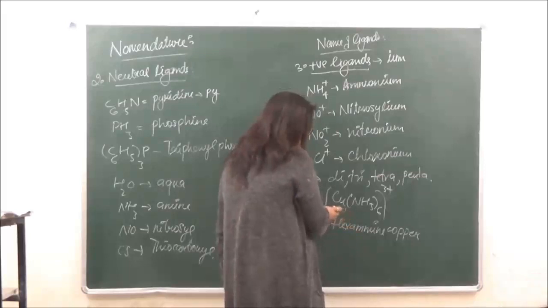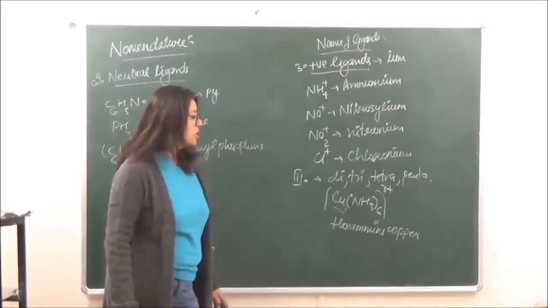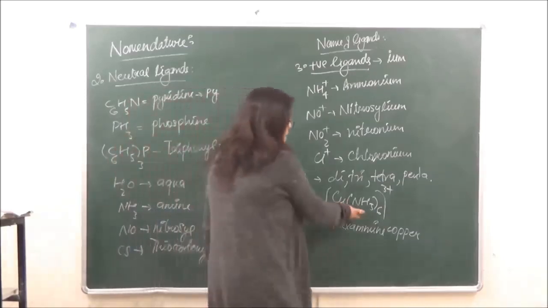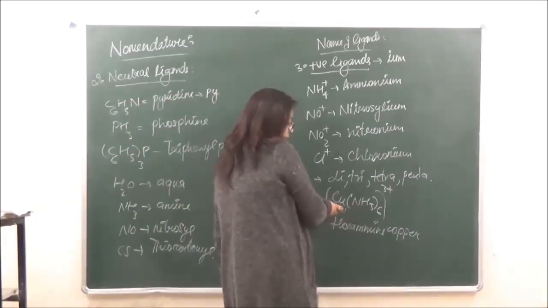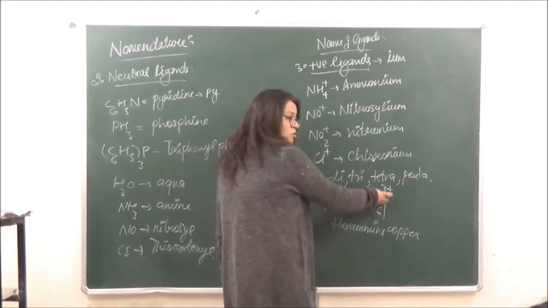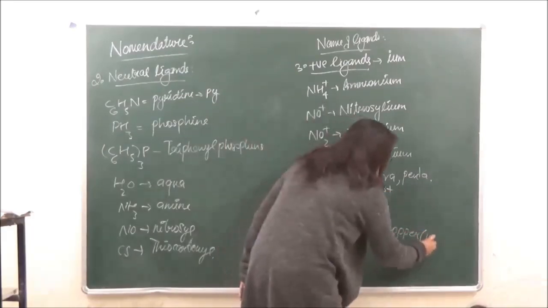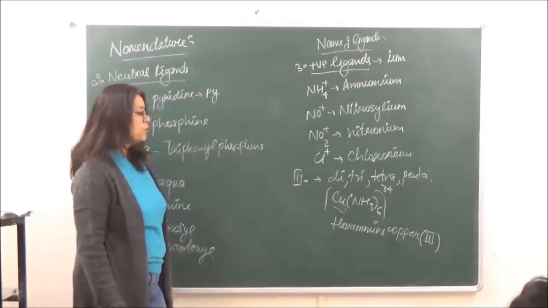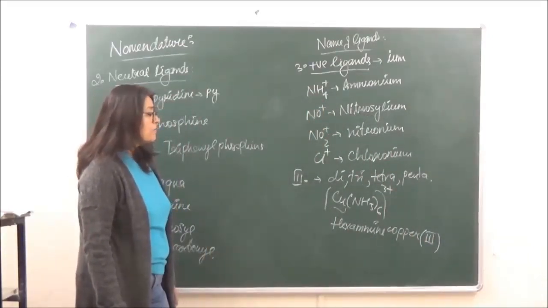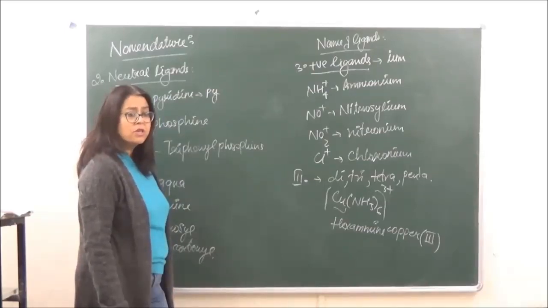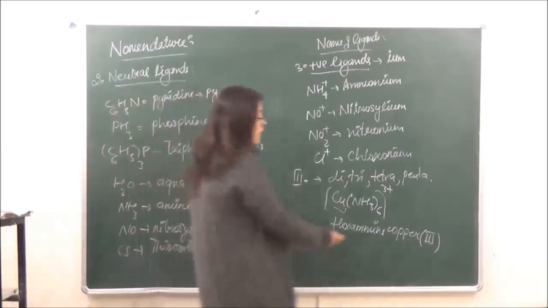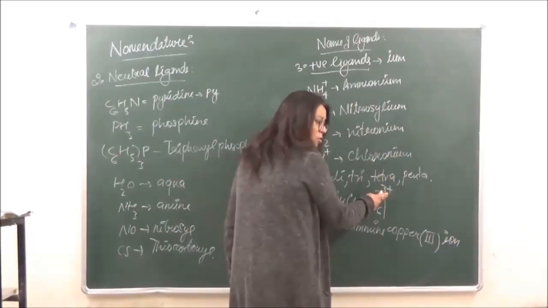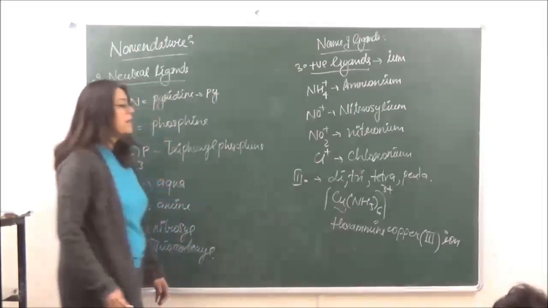Then after that, the central metal atom, copper. It is very important to mention the oxidation number of the central metal atom. Ammine is a neutral ligand, so when you are calculating the oxidation number of this, it comes to +3. So you have to mention the oxidation number in Roman numerals in brackets soon after you have written the name of the central metal atom. So we have copper(III). Because it is iron over here, you need to write iron.